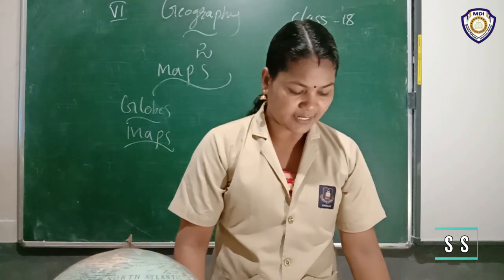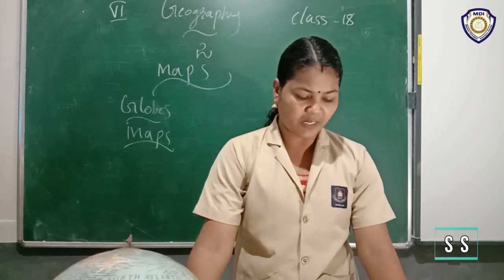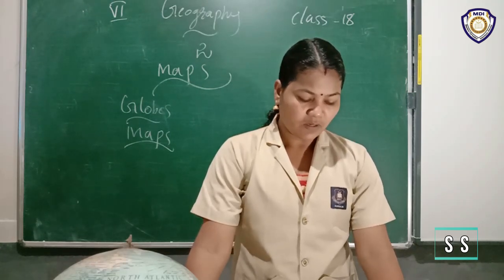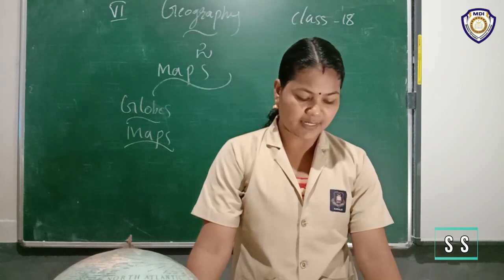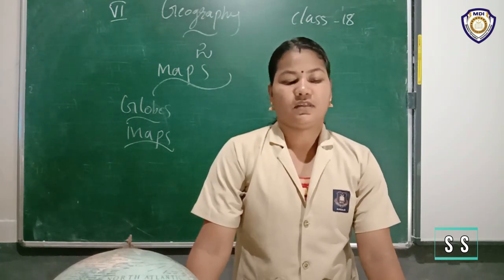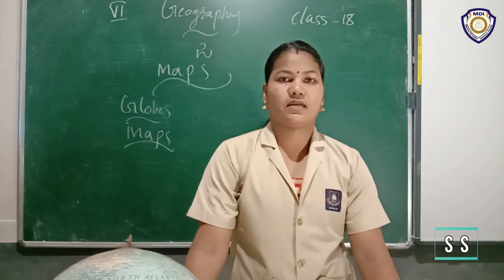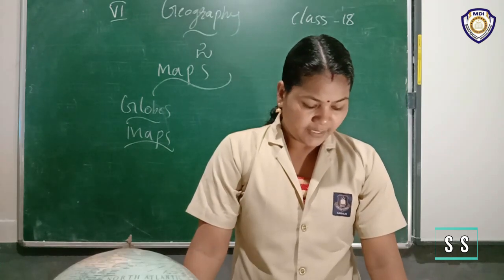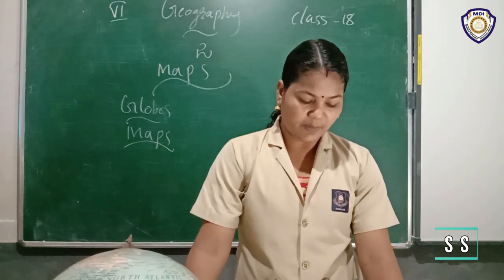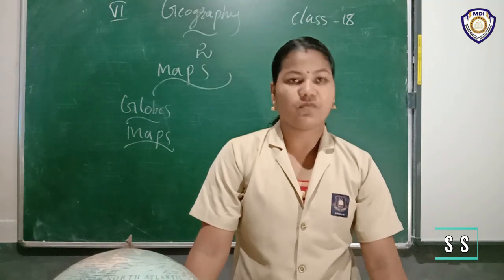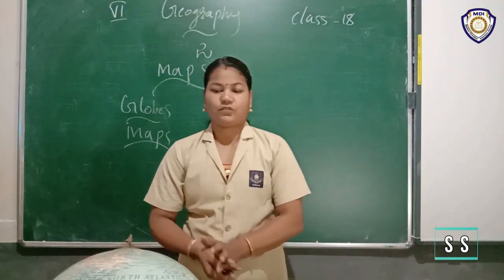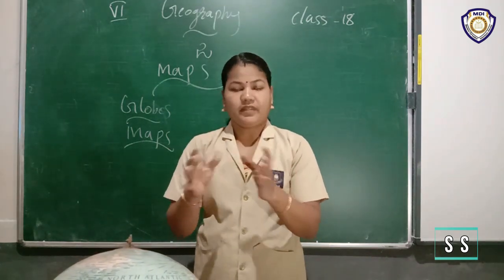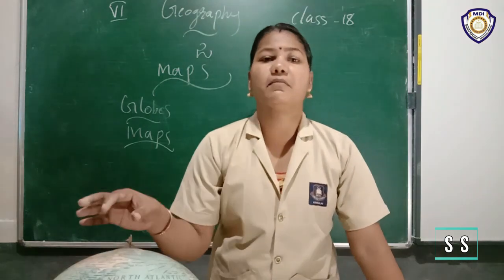Such a representation is called a map. To make a detailed map, we can use a large sheet of paper. This large map can be folded or rolled. Also details of various continents, countries, etc. Everything. Then the details of the various continents, countries, etc. can be put together to make a book of maps. Listen, here we discussed two. The first one, globe, next map, and also we can collect or buy so many maps like a book